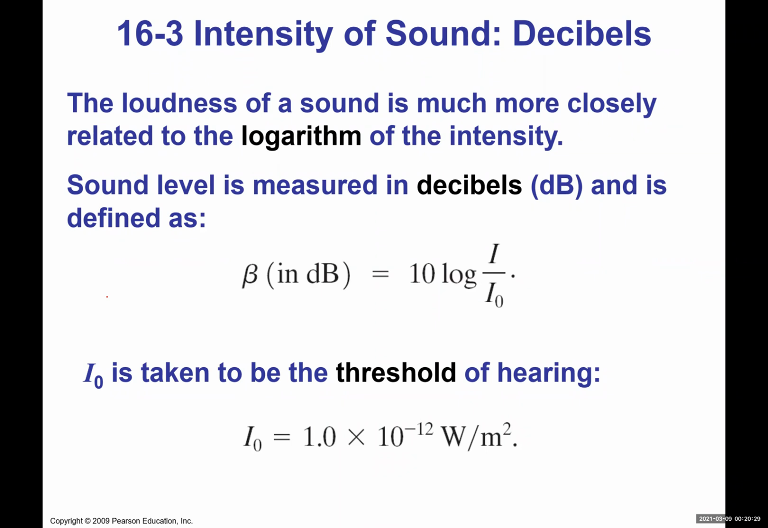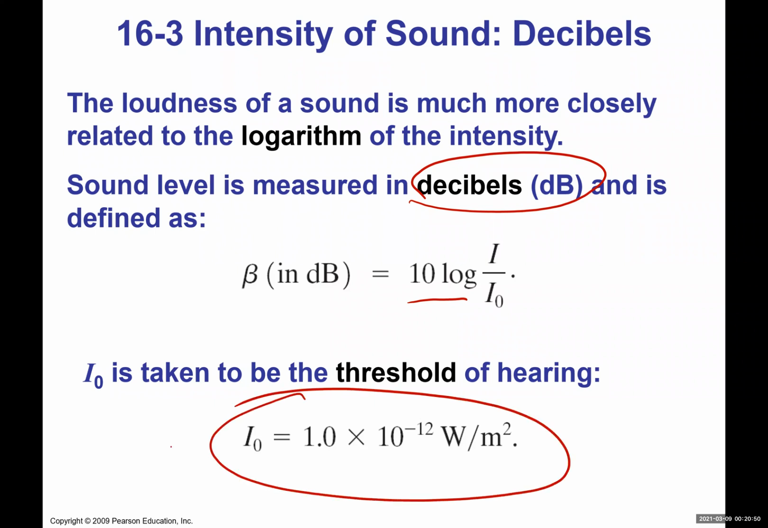It's not directly proportional or something like that, it's actually logarithmic. So the sound level measured in decibels, which is the unit for the sound level, is 10 log of the ratio of whatever intensity you're considering over the reference intensity, I naught. I naught, remember, is the threshold of hearing, so we're going to take that as a reference. For example,